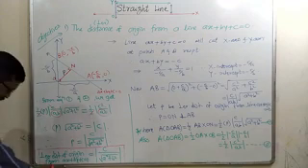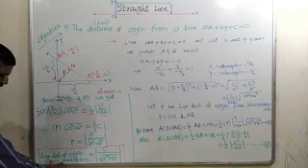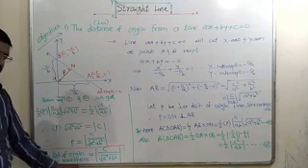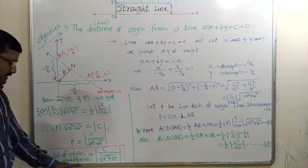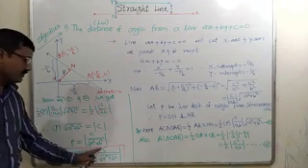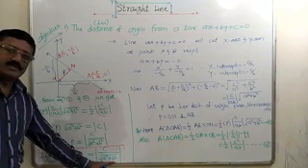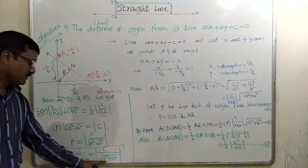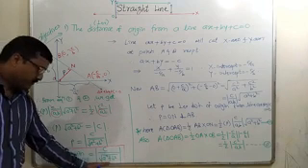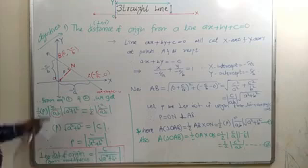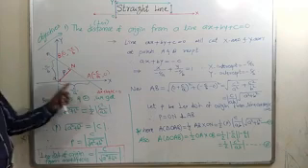So whenever we know the equation of a line, meaning we know the coefficient of x, that is a, the coefficient of y is b, and the constant c. If we know a, b, c, knowing these three numbers, we can write the distance of this line from the origin as modulus of c upon root a square plus b square. The c is the constant, and in this root, the square of the coefficient of x plus the square of the coefficient of y. So this is the formula to find the distance of a line from the origin.